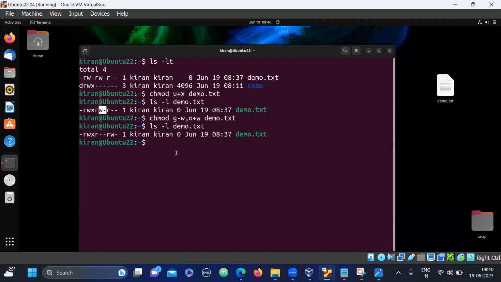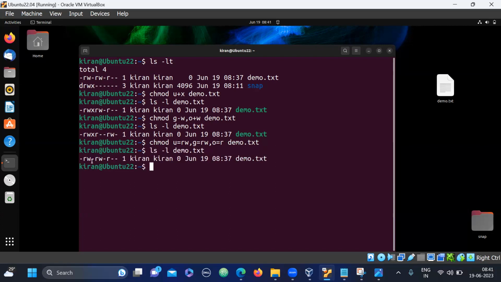Okay, this is the plus symbol we have used. Now let me use chmod. I'm assigning read write permissions to the user, read write to the group, and read only to others, and then give the file name. Let's see how it behaves. See, read write is perfect, and others have read. Just simple. If you want to add permissions, the plus symbol you can also take. Okay,